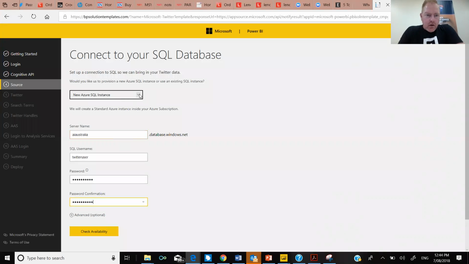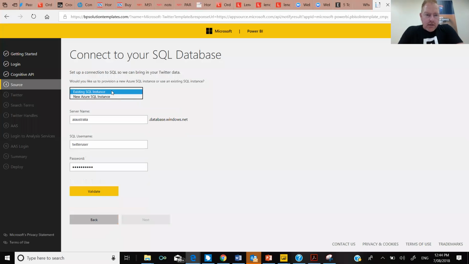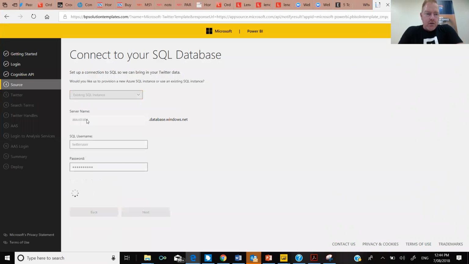We're saying new instance or an existing instance. You can choose an existing one if you've set this up before, and you can click validate, which tests that this is a proper connection. So this is setting up your brand new database.